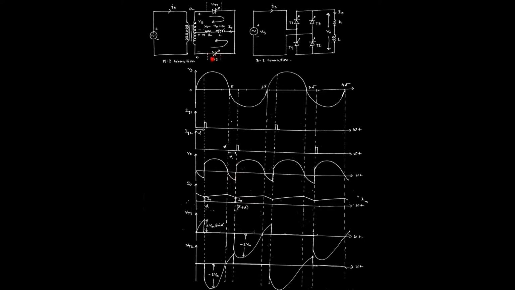The next triggering pulse is given across the second thyristor for the negative half cycle of the supply. That is why, for alpha to pi, that is the waveform followed from the supply voltage, and after pi the inductor starts discharging until it reaches a particular point, suppose where we apply the next triggering pulse to thyristor 2. Then thyristor 2 starts conducting, as we have given the negative half cycle, it will be positive, and current starts flowing in this direction.